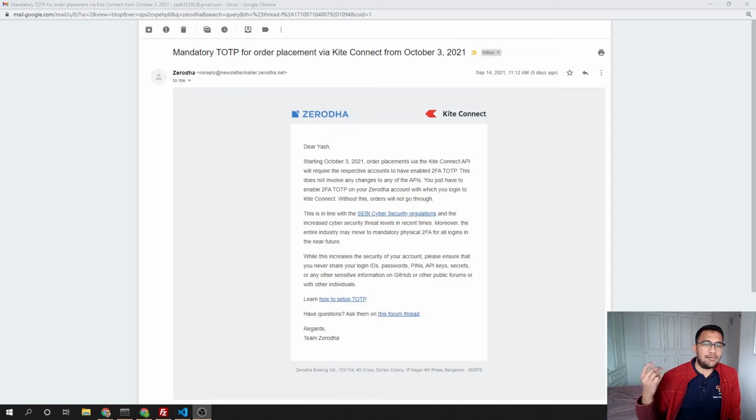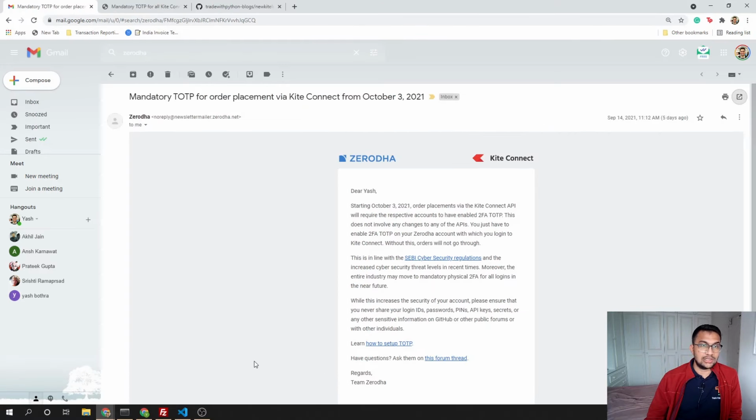But they have apparently done this on the back of a circular from SEBI Cyber Security Regulations, which was released in December 2018. It is not entirely clear why they are suddenly making this change 3 years later in September 2021, and why the wider industry does not already use TOTP if the regulator has made it mandatory. It's all not very clear, but according to their Kite forum, people have asked that same question, that why suddenly